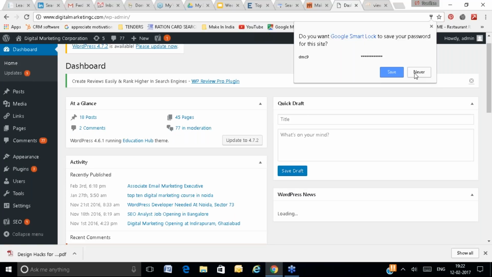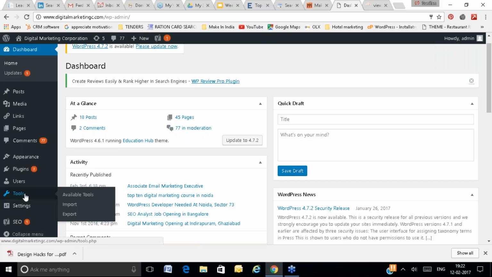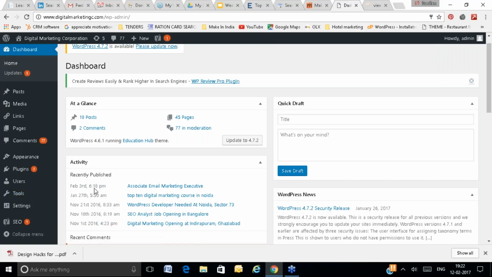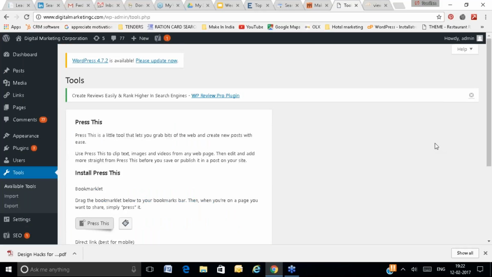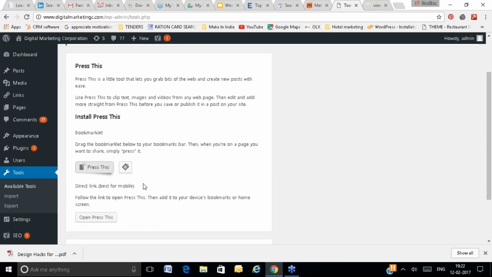If it is your free website, then you will go to the tools. You can click on available tools. Here you will find one place to place the WordPress code, that is the Google Webmaster Search Console code. You will find a fill in the blanks to place this code. Right now it's not a free website, it's a self-hosted website. That's why it's not appearing in the available tools. For a free website, it will be available in the available tools only.